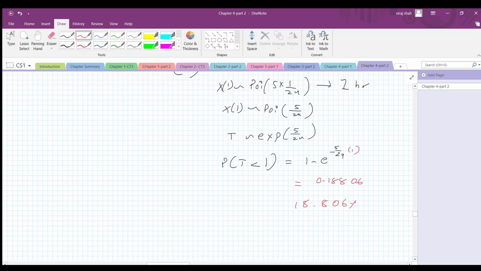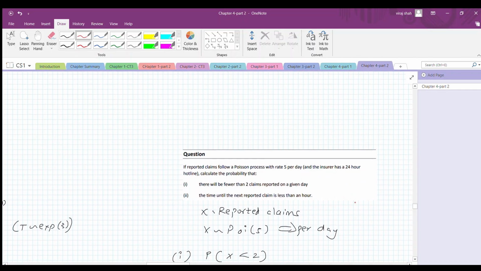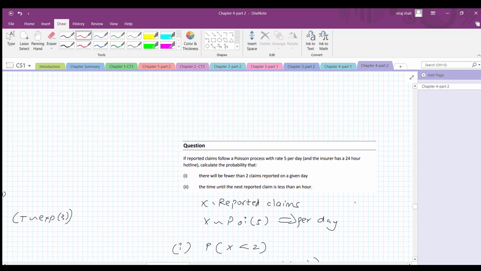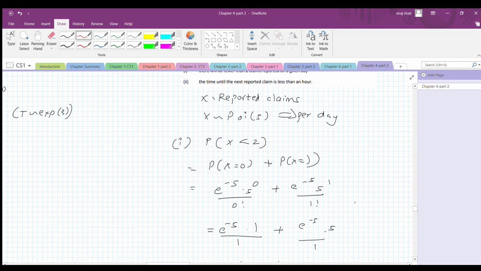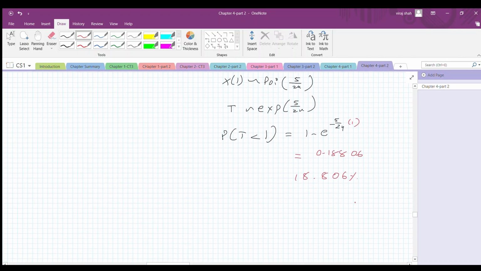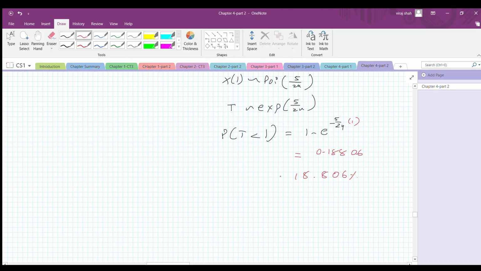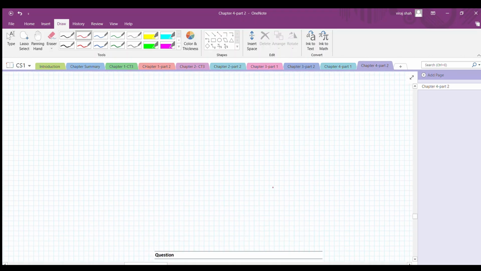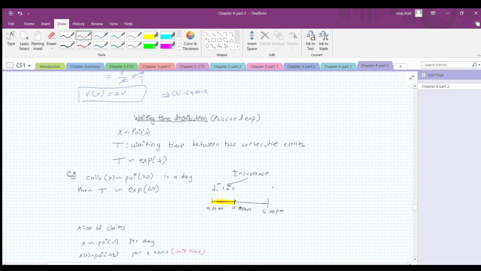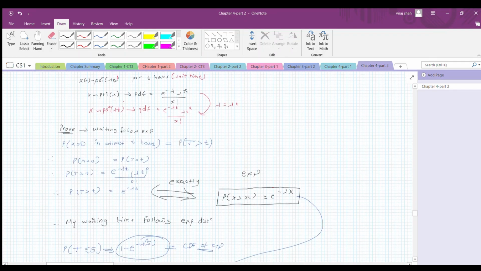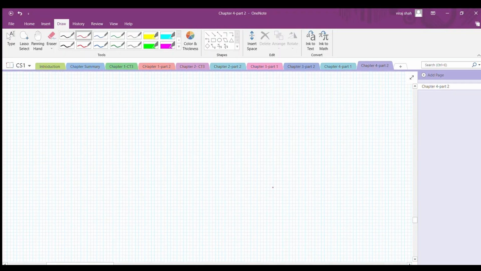So there is 18.806% that the time until which the next claim is reported is less than 1 hour. Okay, so yeah, this is the sum for a normal waiting time one. Now in this lecture, I'm going to extend